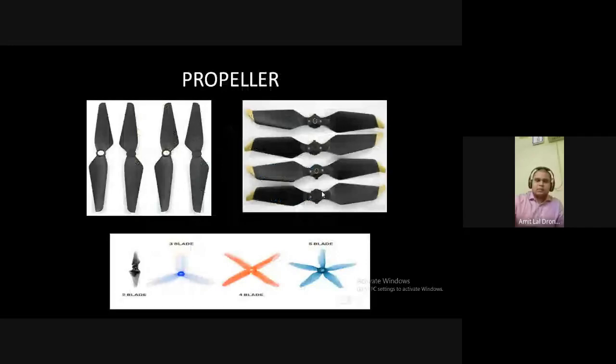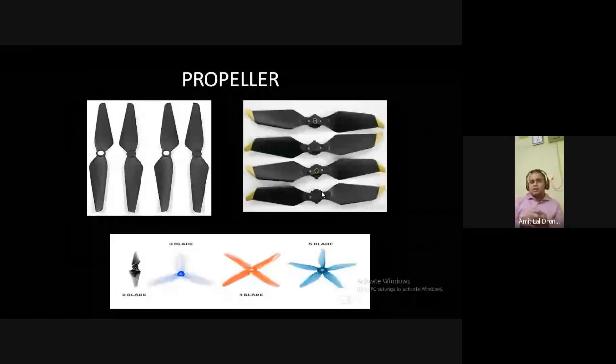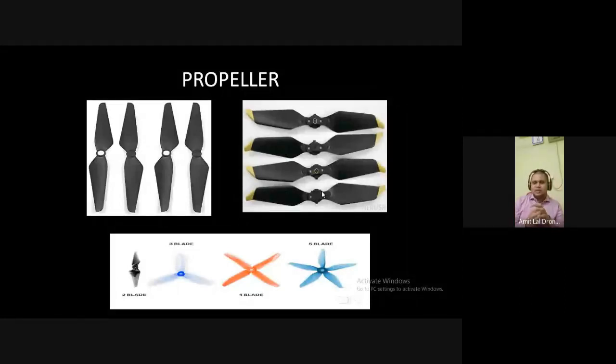Talking about propellers, one of the most important components, because without these, gaining lift is difficult. The bladeless drone is a conceptual thing. We have a Coanda effect drone, we have a bladeless drone, but these are conceptual. They haven't been proven until now. So most drones again use blades, or propellers.